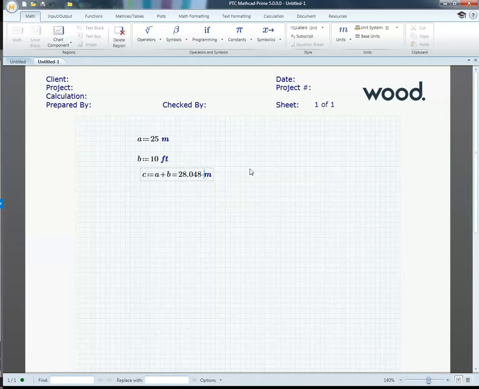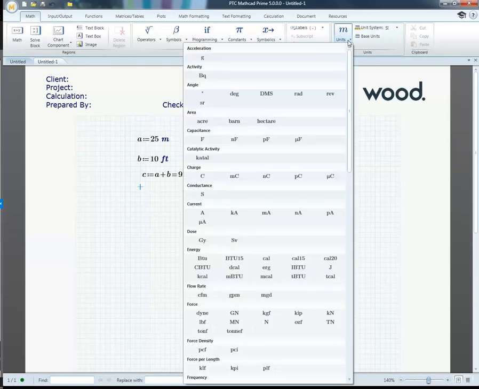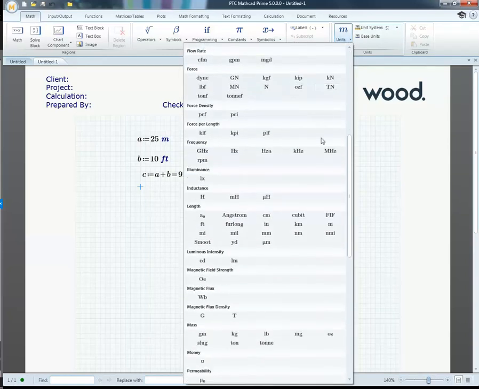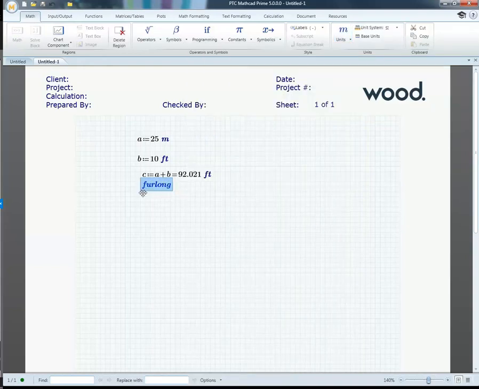Let's say I wanted to change this, instead of meters, I want it in feet. So I just erase the meters and put in FT and hit enter. And now it converts all that to feet for me. So I can switch back and forth from units however I want to. I can add kilometers and furlongs. I mean, seriously, there's a furlong in here under length. So if I wanted a furlong,